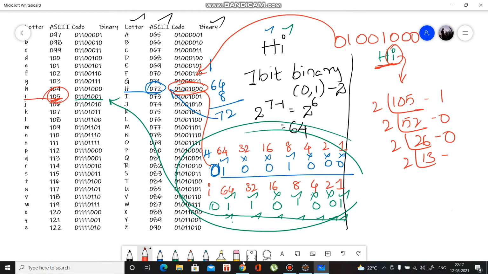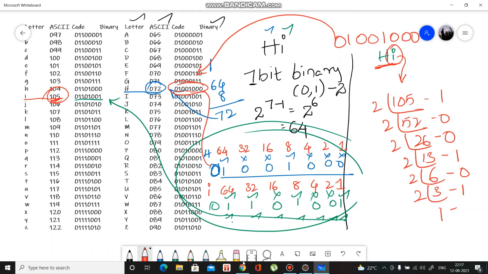Now the remainder is 1. Again you divide by 2, get 6. Again the remainder is 0. Again divided by 2, you get 3. The remainder is 1. So again if you divide, you will have 1 over here.